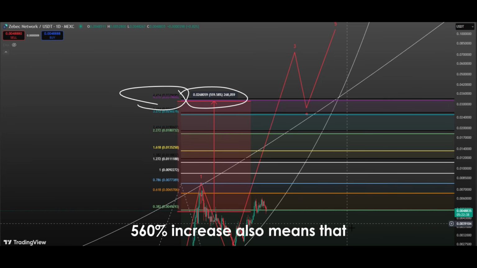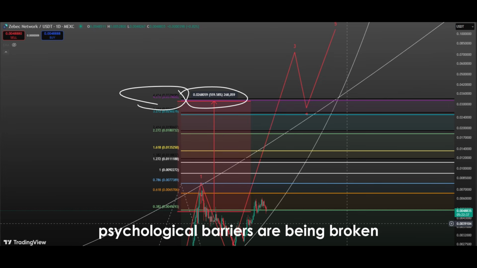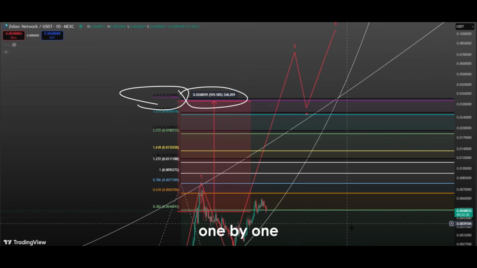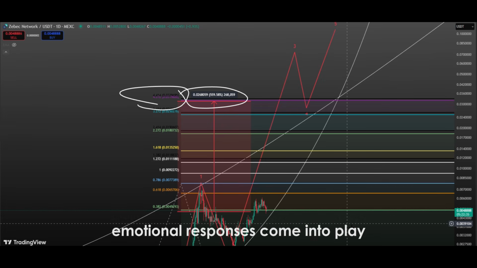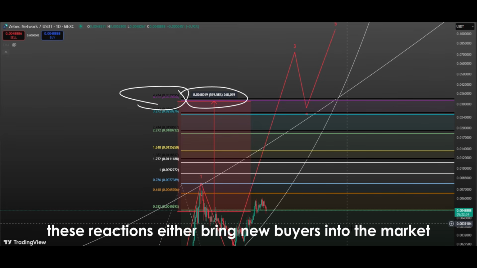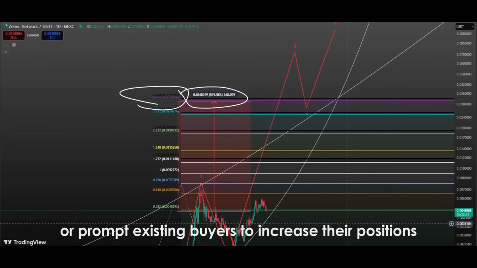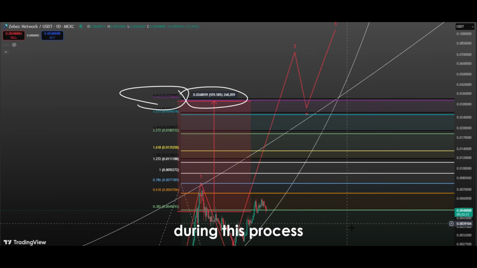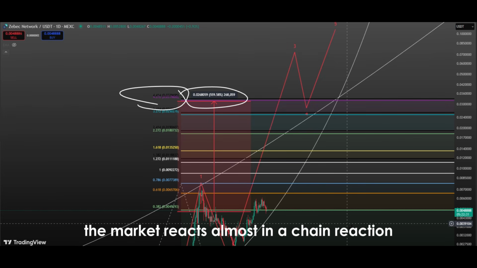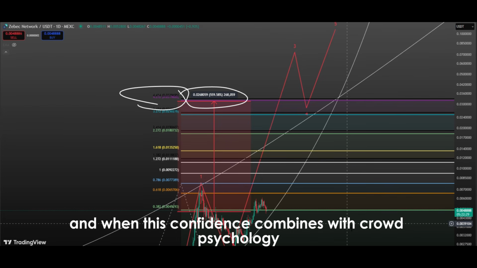A 560% increase also means that psychological barriers are being broken one by one. When the market surpasses certain round number levels, investor emotional responses come into play. These reactions either bring new buyers into the market or prompt existing buyers to increase their positions. If the news flow also supports the move positively during this process, the market reacts almost in a chain reaction. Each new high creates more confidence than the previous one, and when this confidence combines with crowd psychology, it accelerates